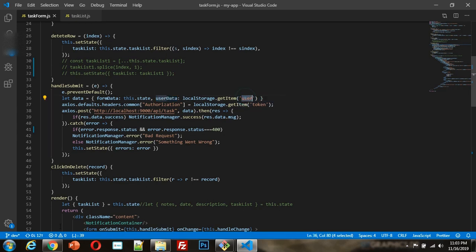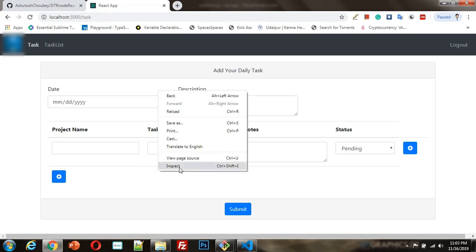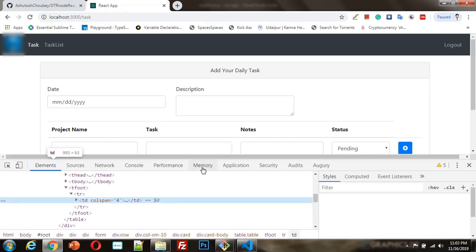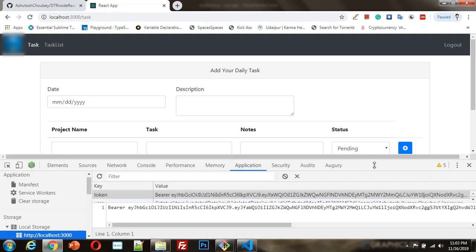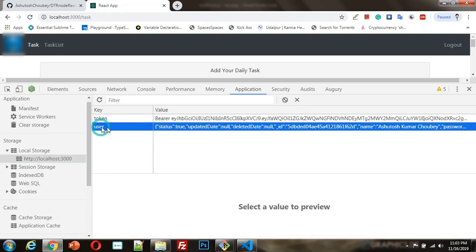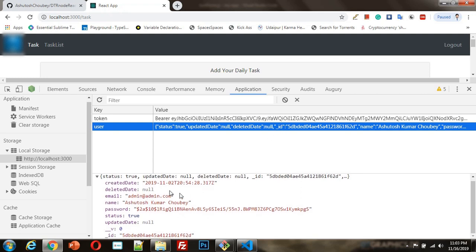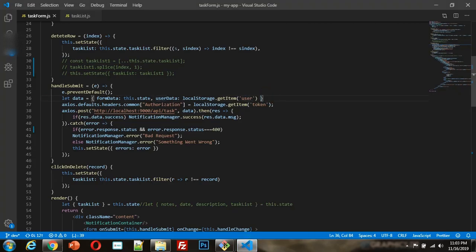In local storage, the user data will be available on the client side. You need to go to the application tab, and you will find the user there, and all the user data will be available. You can see all the data, which is required because we need to know which user it is coming from, so you pass it through this variable.